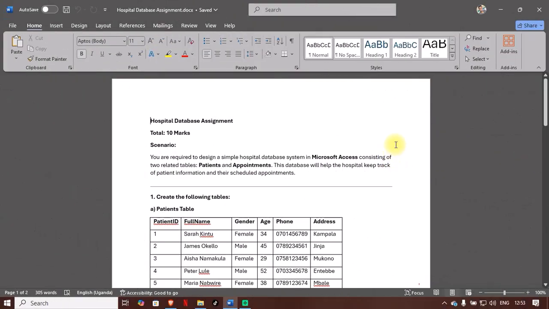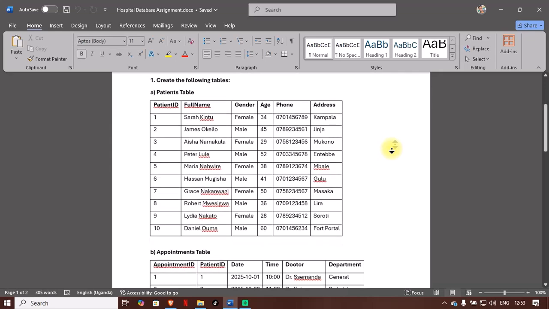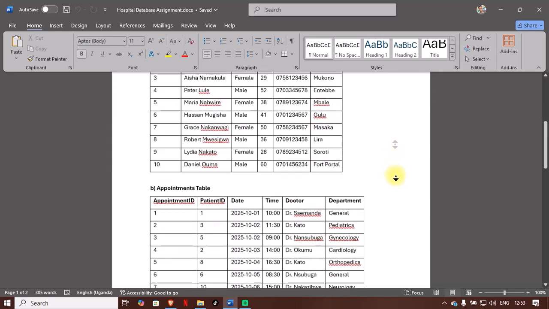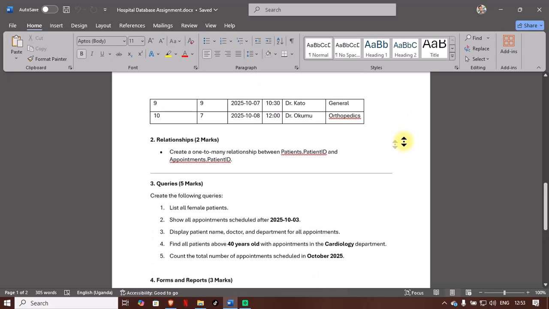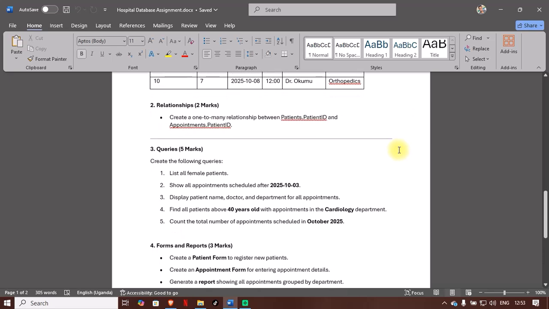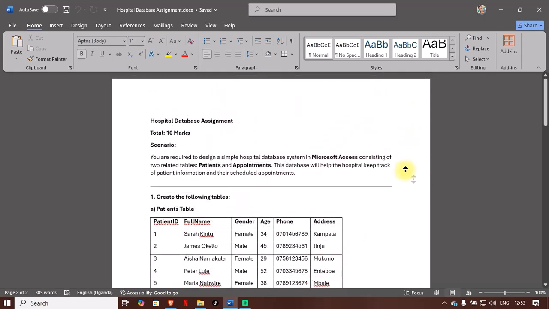Okay, now this is our scenario question. We have two tables. We have the patients table and the appointments table, and we have some simple questions here. For example, you're going to learn how to create a relationship, answer these queries, and then also do different forms for registering patients. Without further ado,